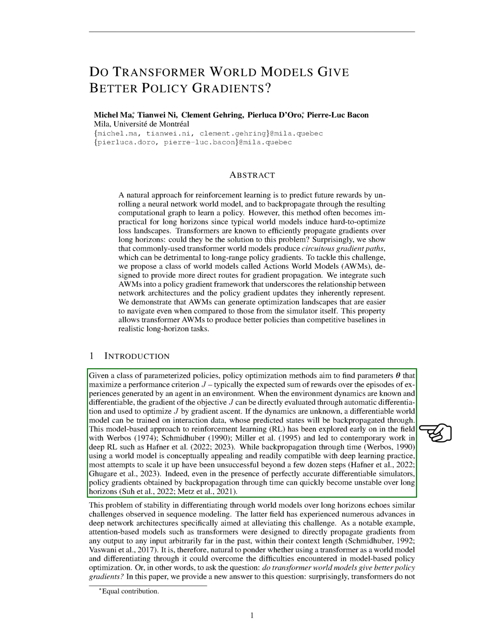When we have the luxury of knowing and being able to differentiate the dynamics of the environment, we can directly calculate the gradient of our performance metric and use this information to improve it through a process known as gradient ascent. However, when the environment's dynamics are a mystery to us, we can train a differentiable model based on the data we collect from interactions. This model predicts future states, and we can improve our predictions and strategies by learning from these predictions, a method that falls under model-based reinforcement learning.